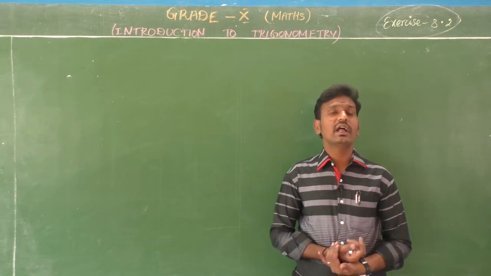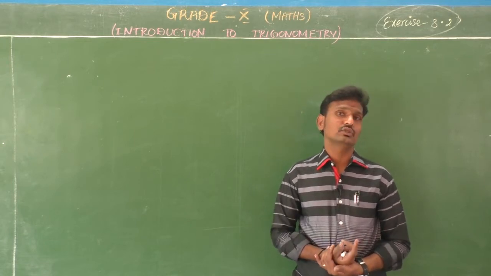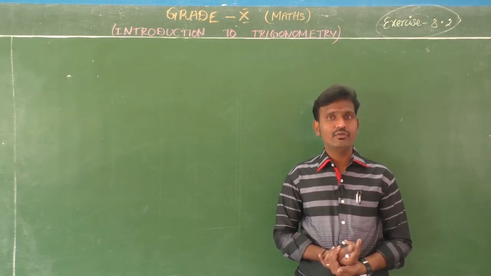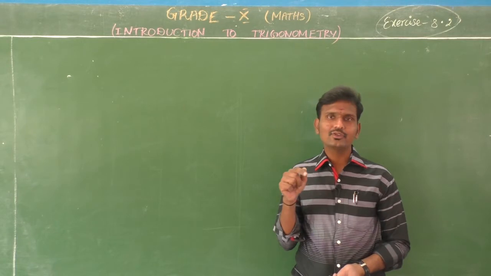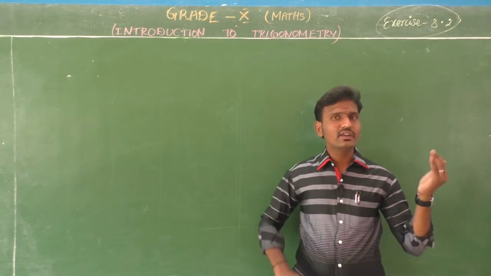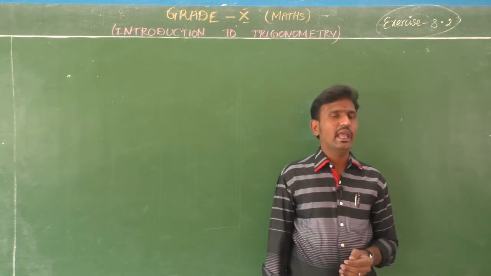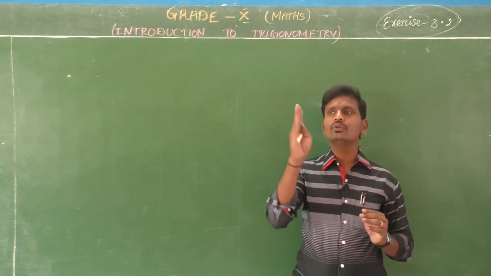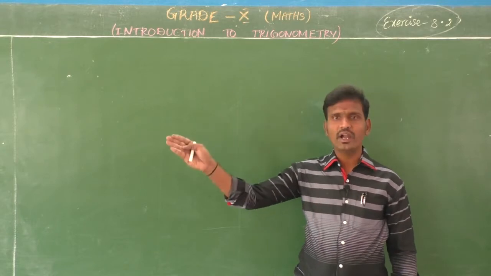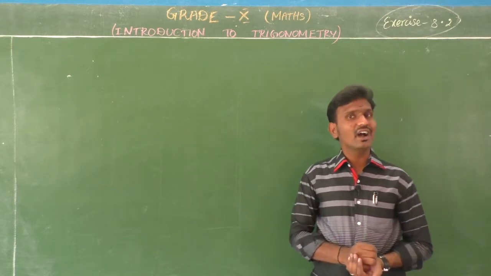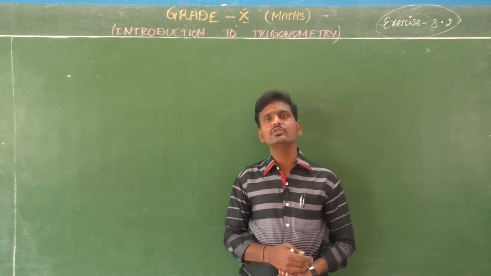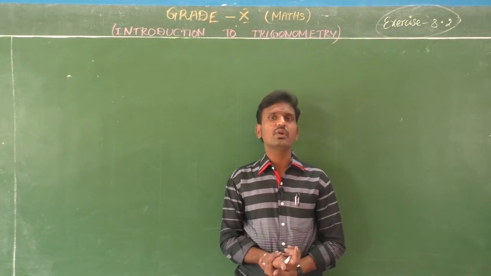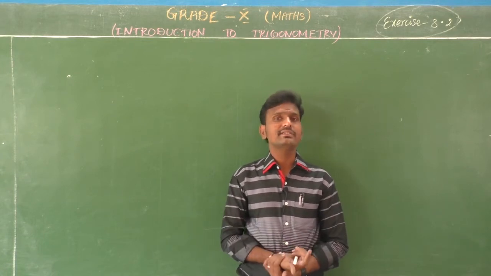And I gave you one trick also. What trick did I give you? 0, 1/4, half, 3/4 and 1. Take the square root of every number to get the sin theta values. And cos theta is the reverse of that: 0, 1 by 2, 1 by root 2, root 3 by 2, 1. Cos 0 is 1, cos 30 is root 3 by 2, cos 45 is 1 by root 2, cos 60 is 1 by 2, and cos 90 is 0.